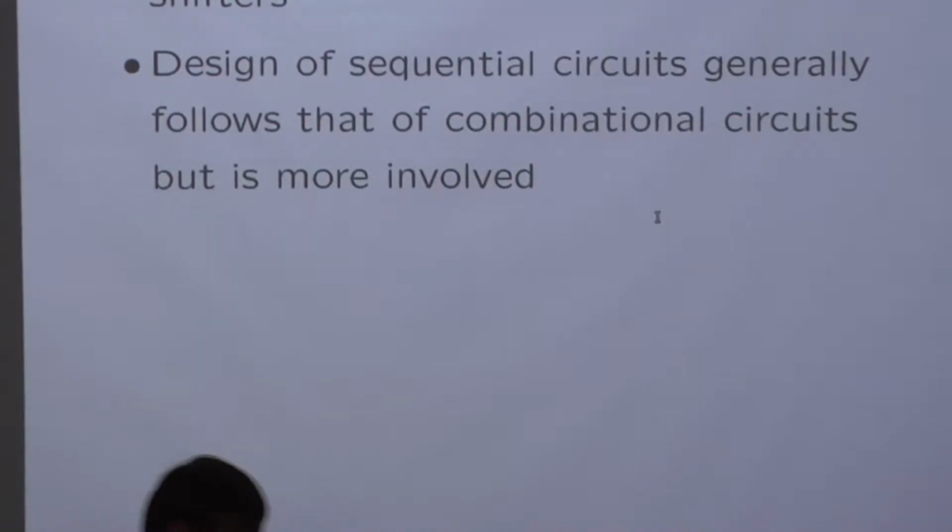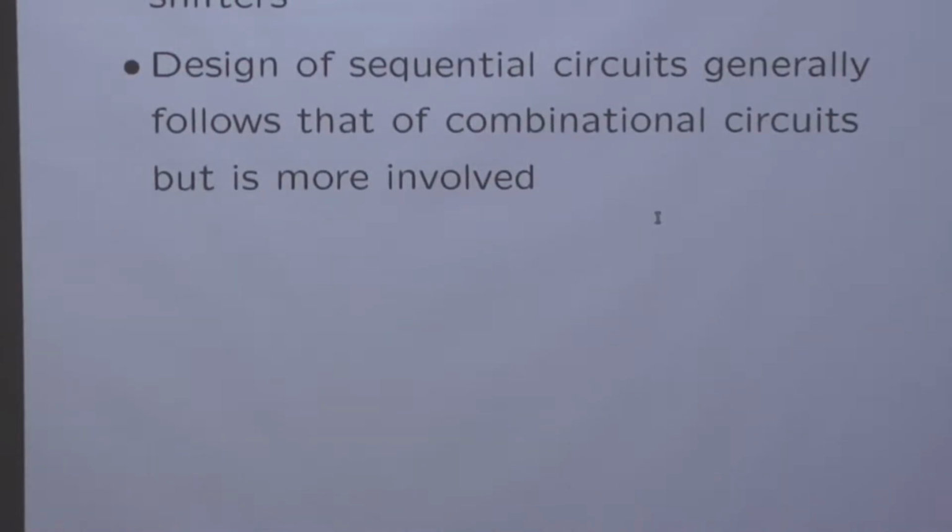You can kind of conceptualize this, right? Whereas with pure combinational logic, you have your inputs, you have your outputs, that's all she wrote. When you have state elements in there,